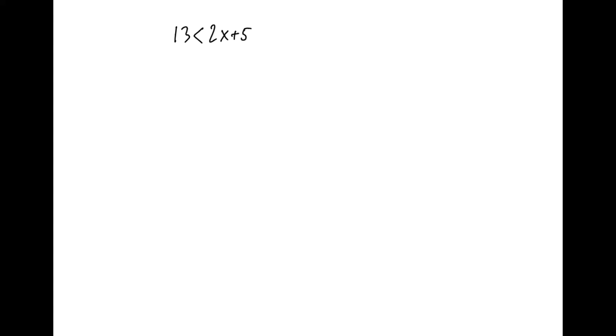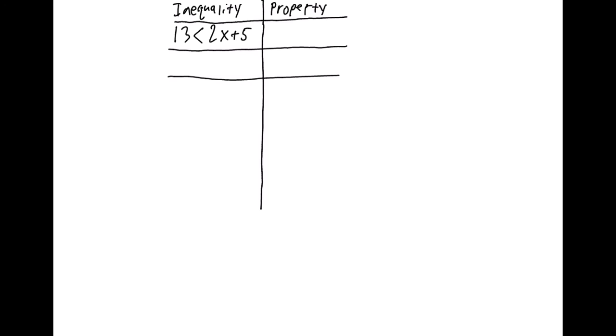Alright, so now we have an inequality. 13 is less than 2x plus 5, and we want to solve it. So first, let's make our table. Alright, so as usual, the first property is just given, because that was the problem that we were given. Next, we have to look here